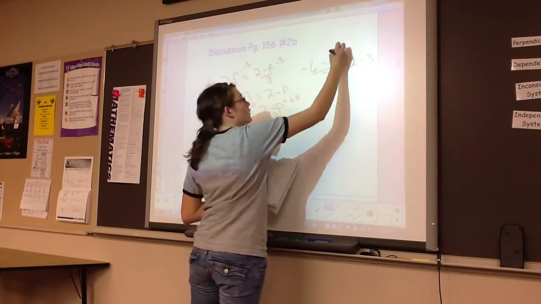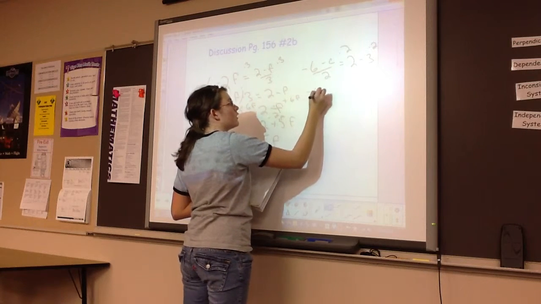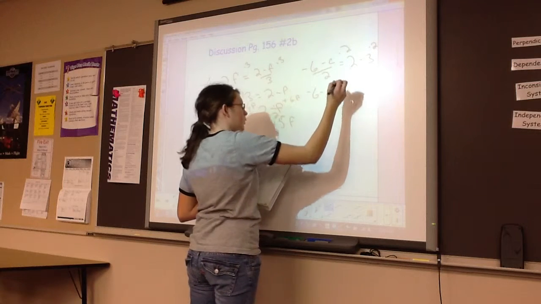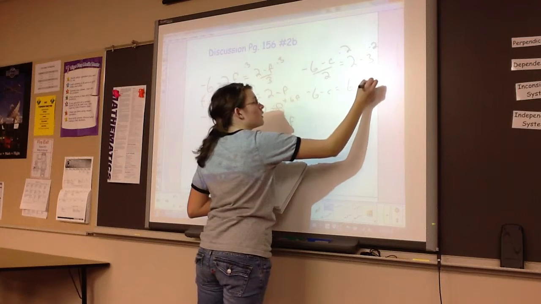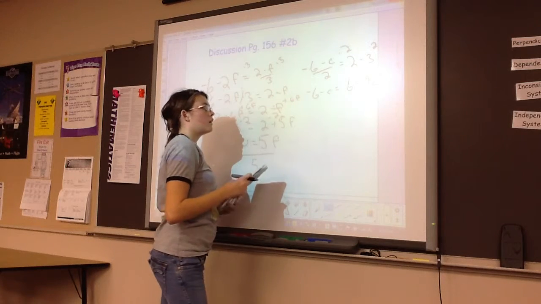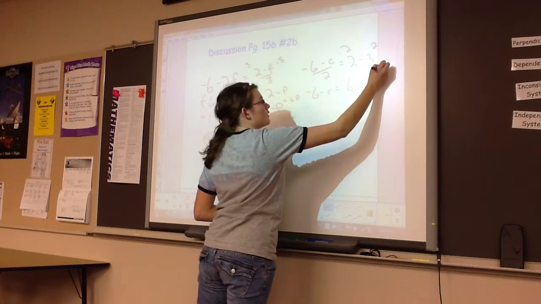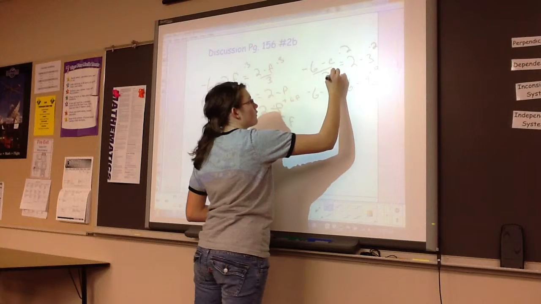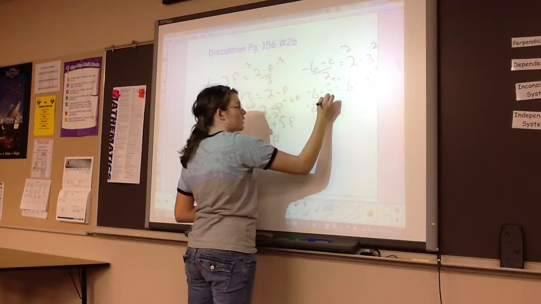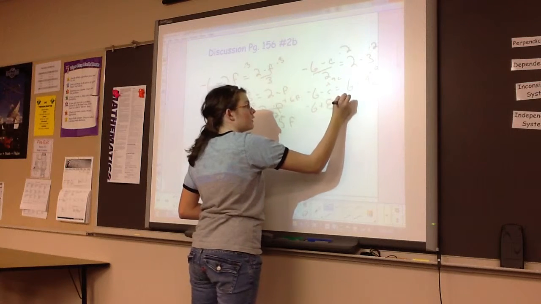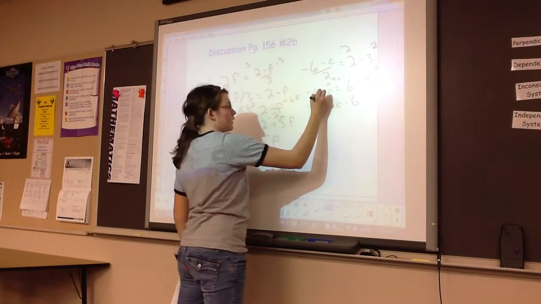So I multiplied both sides by 2 and got negative 6 minus c equals 6 minus 9c, and then I added 9c to both sides, got negative 6 plus 8c equals 6. So then I added 6,